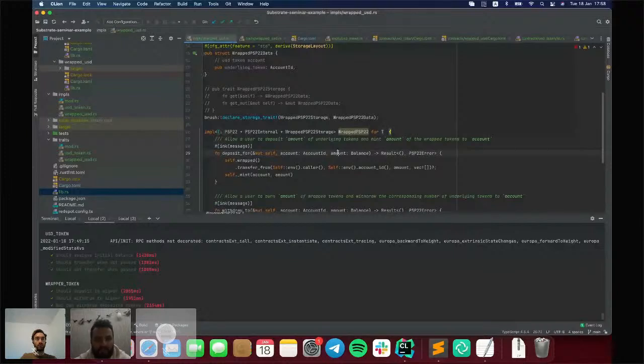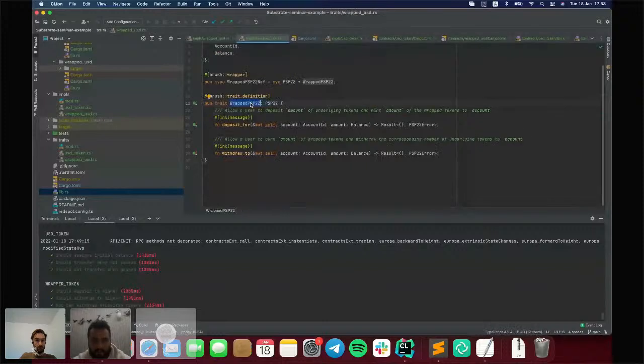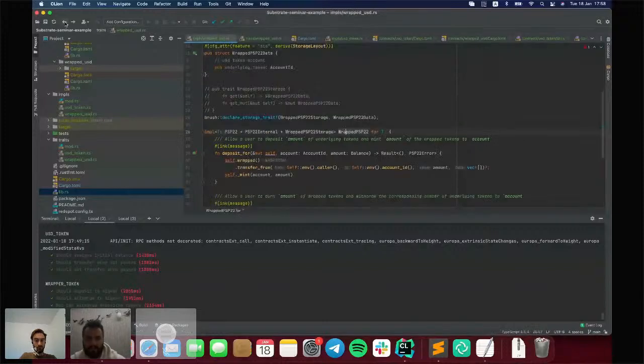We want to implement wrapped PSP22 for some generic type, and that generic type has the following restrictions. It should be PSP22, it should be PSP22 internal, and it also should be wrapped PSP22 storage. Also, we can remove that because we are requiring that here.